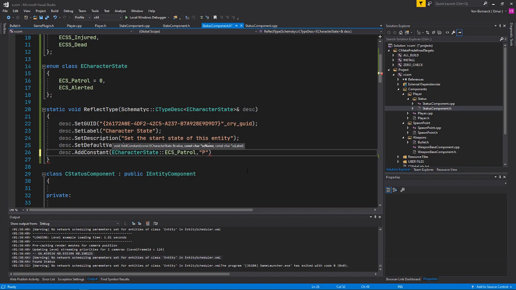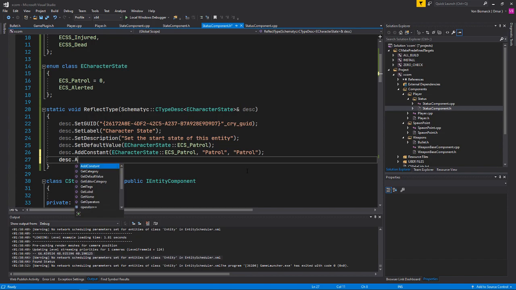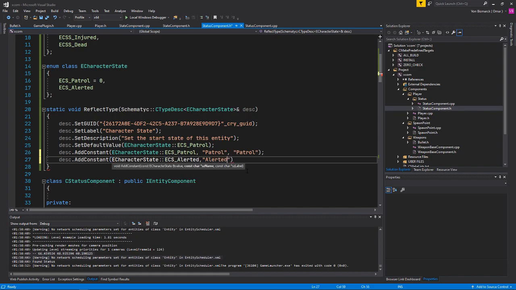So double quotations, patrol, and then comma, our label is also patrol, semicolon, and then we're going to add the other state. So add constant, the character state, alerted, and then alerted, comma, alerted,